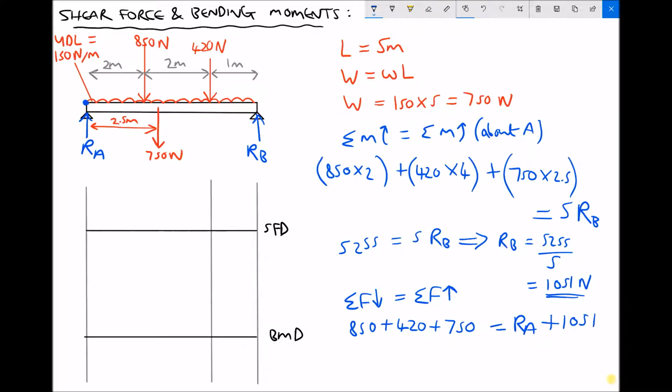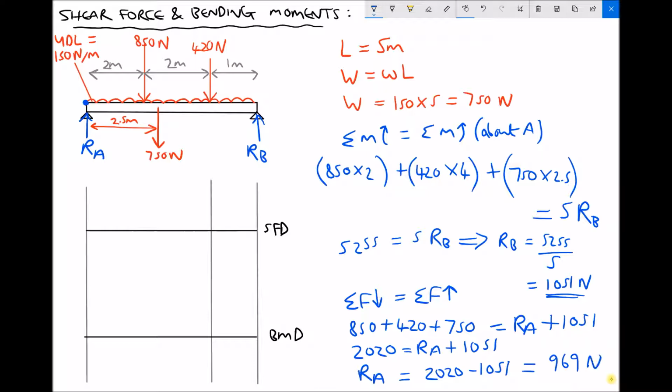Simplifying the left-hand side, I get 2020. So I'm going to have 2020 equals RA plus 1051. Therefore, to get RA on its own this time, I need to subtract 1051 from each side. So 2020 minus 1051 equals